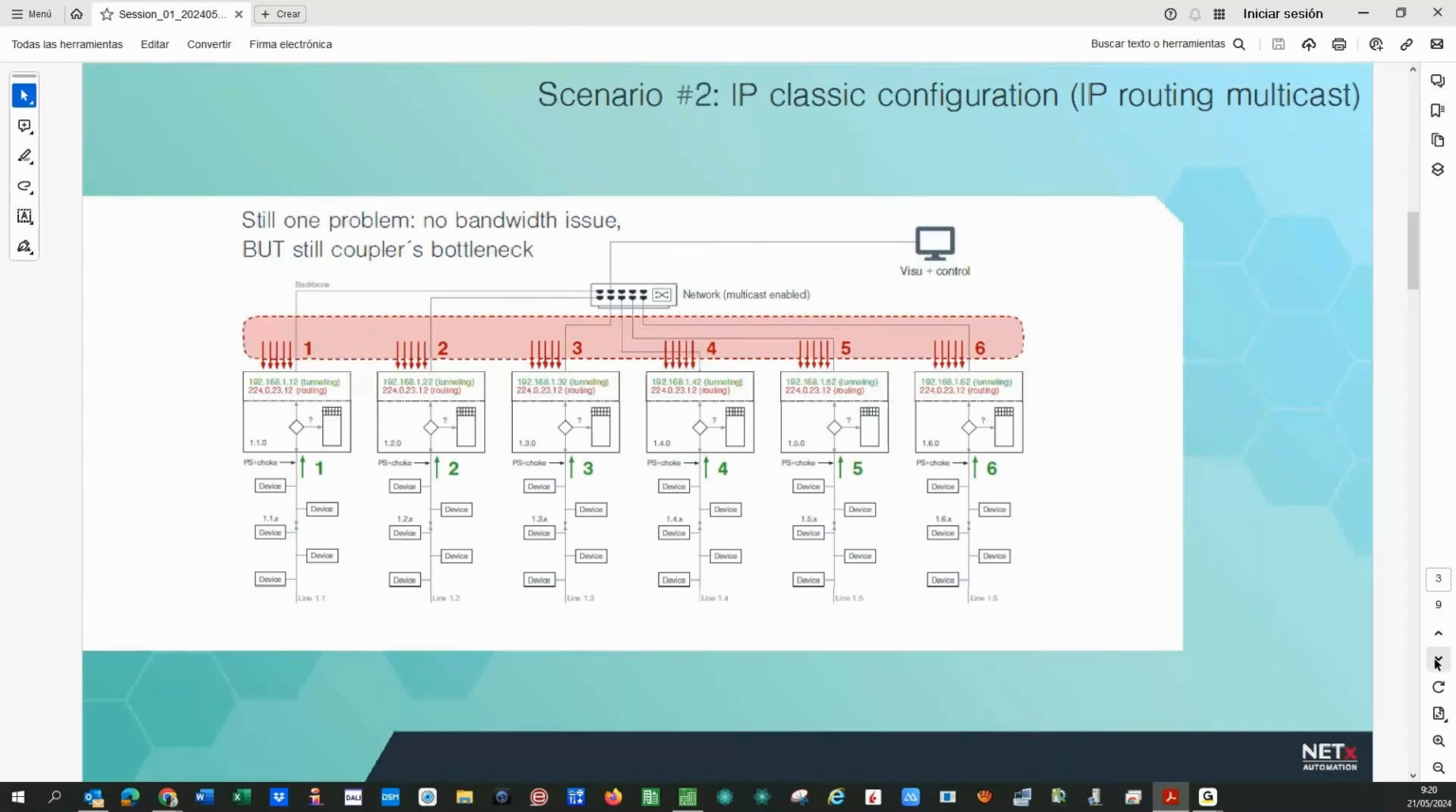But we have a problem. It's not a problem with the bandwidth, but remember that all these KNX couplers have a memory that is used for two things. The couplers need a memory for the filter tables, so to decide what kind of telegrams are interesting to cross through the couplers, but also part of the memory is used for a buffering of telegrams,